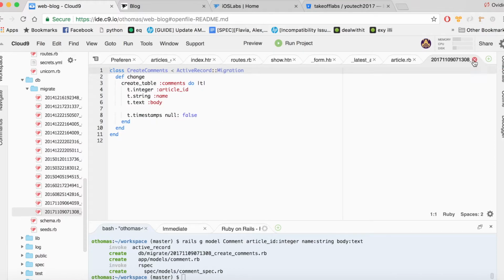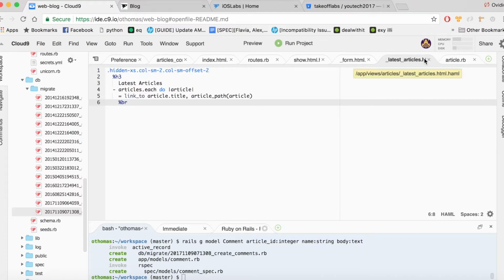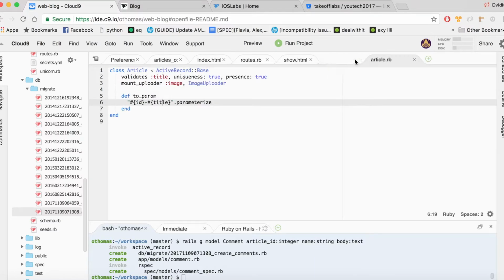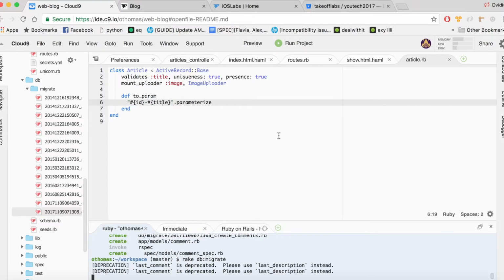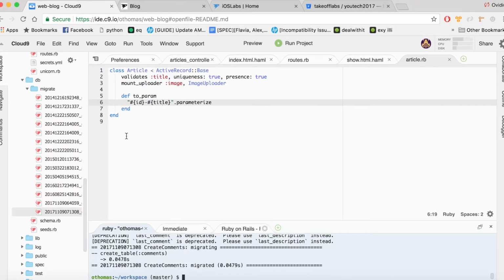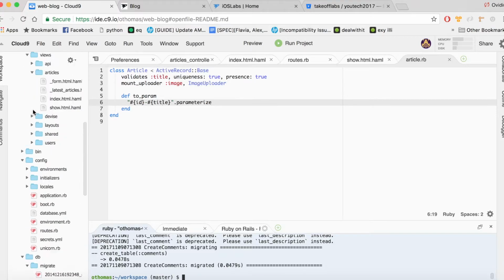Yes, everything is in place. Now we need to execute the migration, which is done by rake db:migrate. Okay, we have the